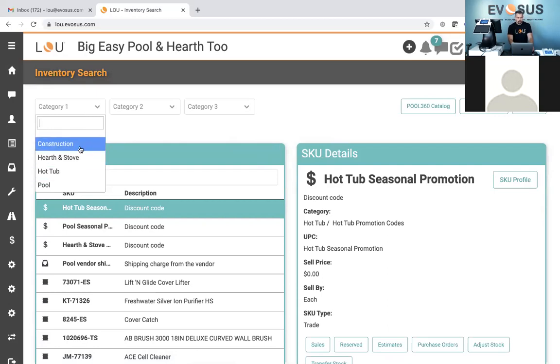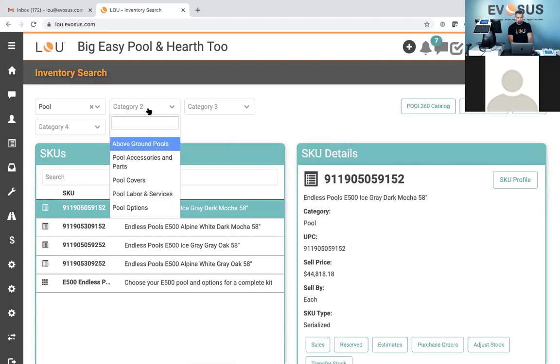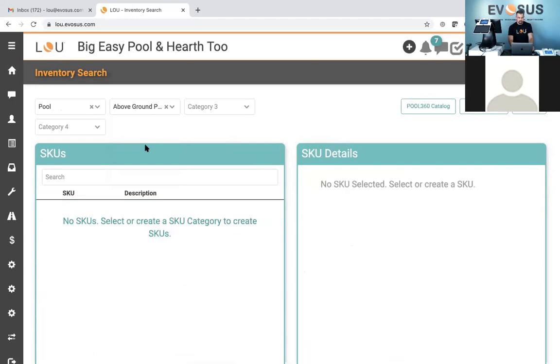At the very top I have my company division. If I'm looking for something pool related, within pool I have more options to further search by: above ground pools, accessories, covers, and so forth. So if I go into above ground pools,